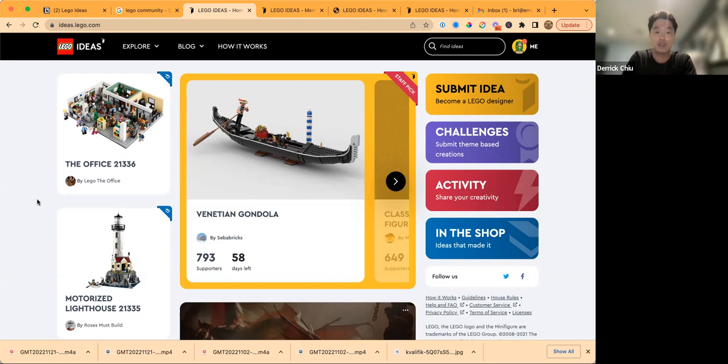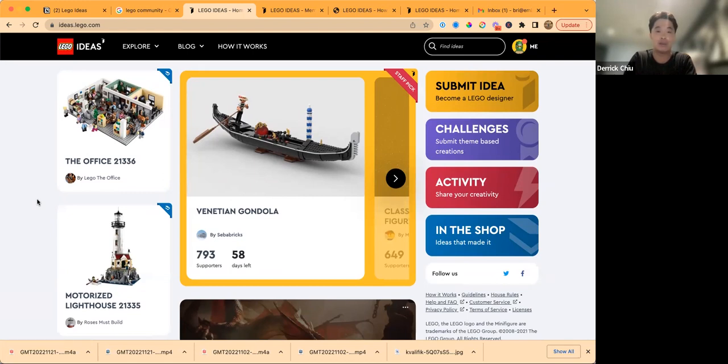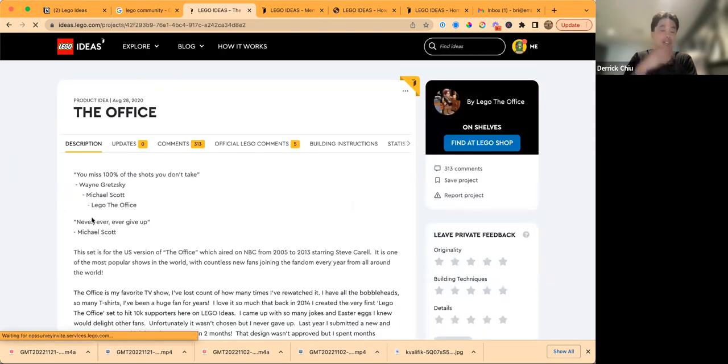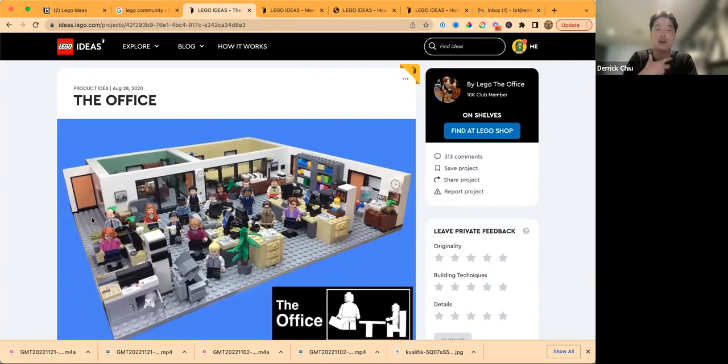I think when I first go to this page, I'm really curious, and my imagination is running wild as to how these concepts come about. Like, who would have thought that Lego would create a concept for The Office? How did that come to be? What is the process that Lego and the community are a part of so that something like this is being developed? My imagination is running wild right now,